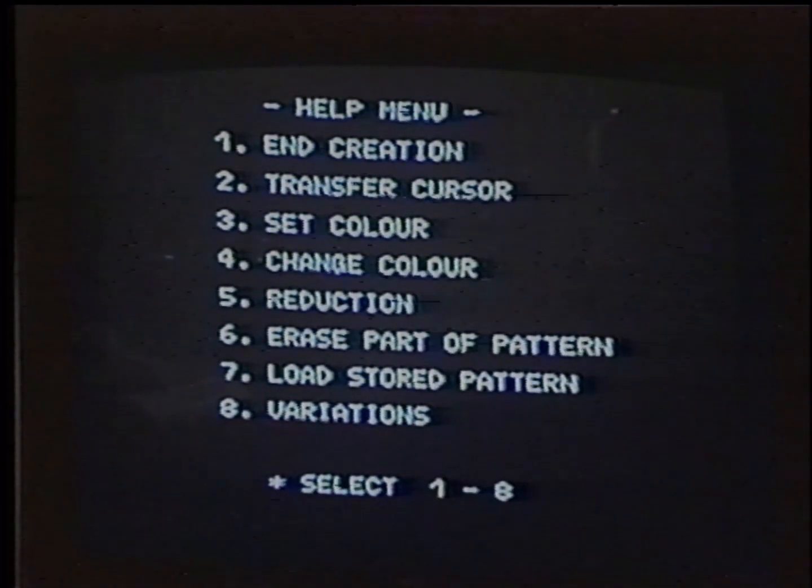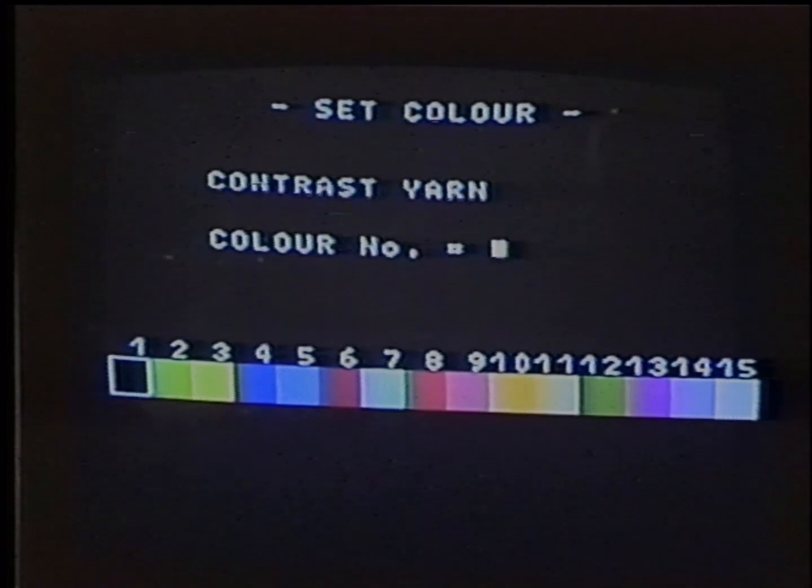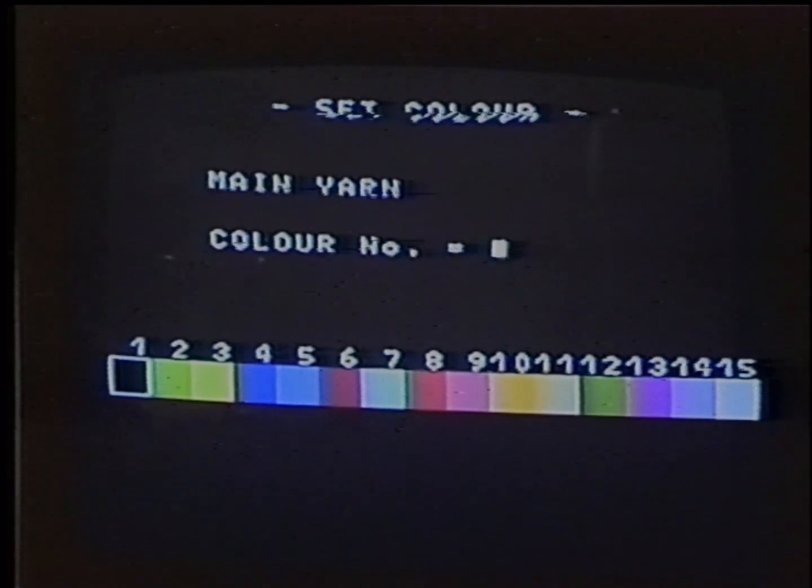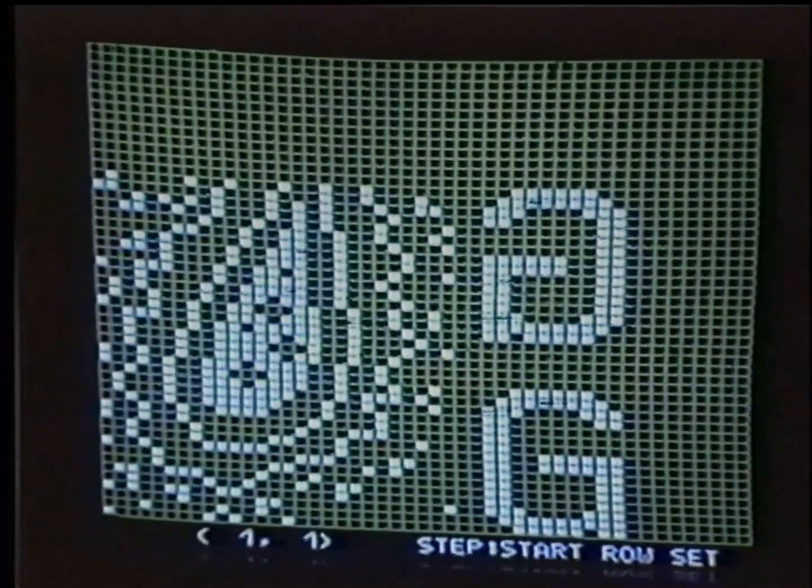If we decide we want to set the color, we hit number 3, and we can choose the color of our choice to set our background, or this is contrast color. We hit the step key. That gives us the option to set our main color. I am going to set number 8 as my main color. Now when I hit the step key,